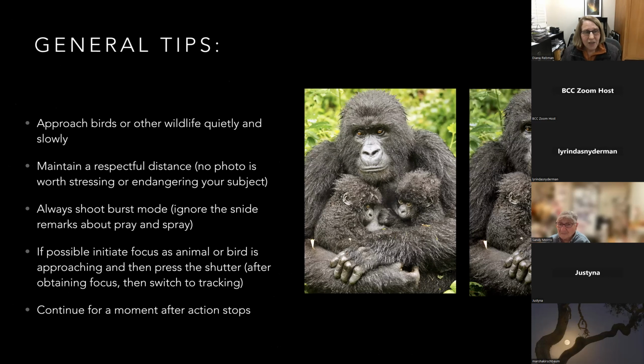So some other general tips, definitely approach birds or wildlife quietly, slowly, maintain a respectful distance. There is no photo that is worth stressing or endangering your subject. And these days, I'm so happy that the big competitions will automatically disqualify your photo if it looks like the animal has been stressed by what you're doing. I think that's wonderful. Always shoot burst mode and ignore that